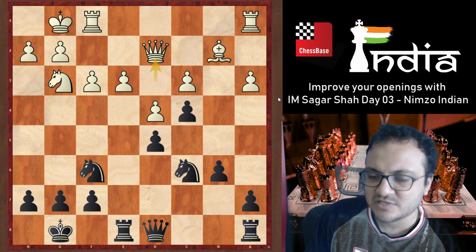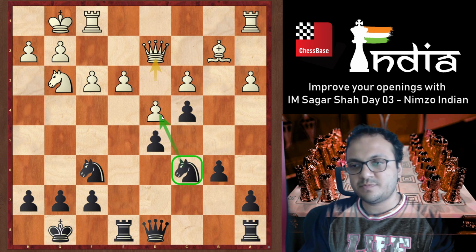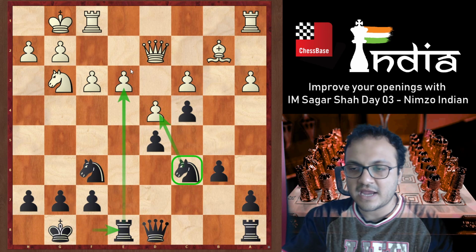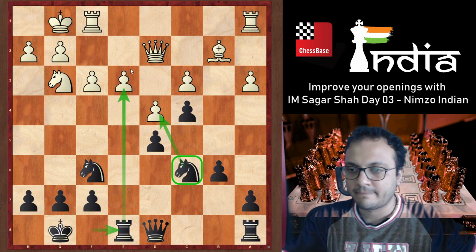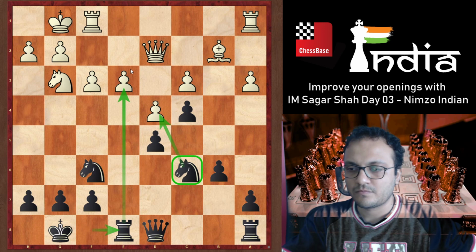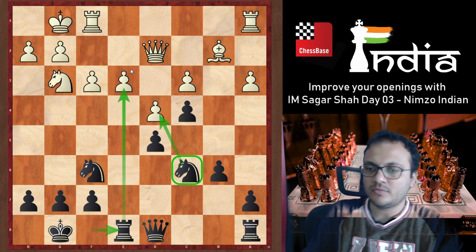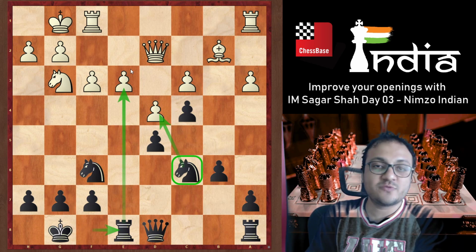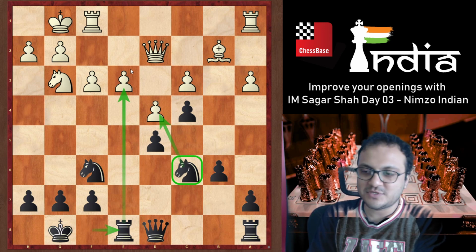Reginald, knight c7 is possible, knight c7, knight e6, but I prefer my knight to be on c6. It keeps pressure on d4, and also you can play rook e8 with the idea of keeping the e file open. RG Chess World says how to remember all lines in such positions. Well, when I give you homework with the database, go through it. That helps you to remember.